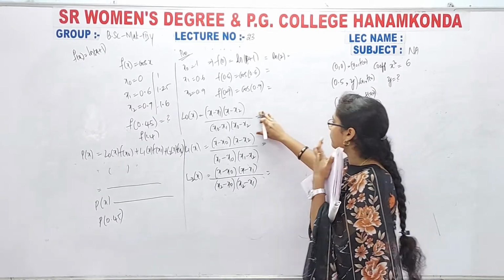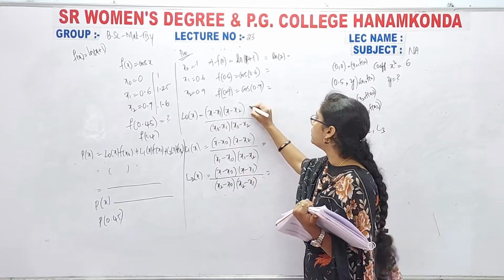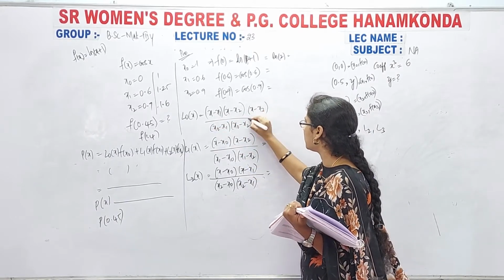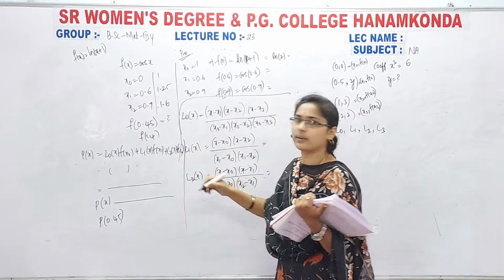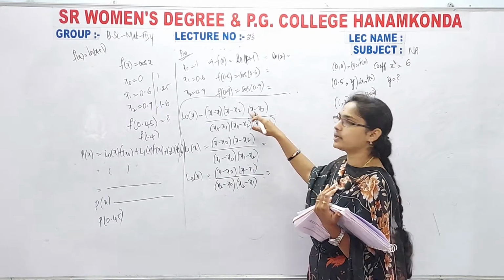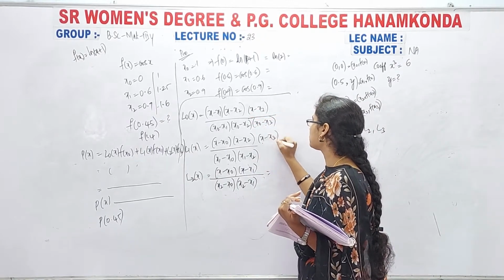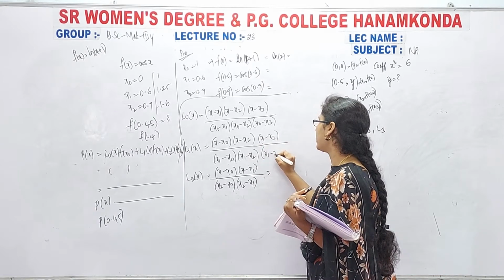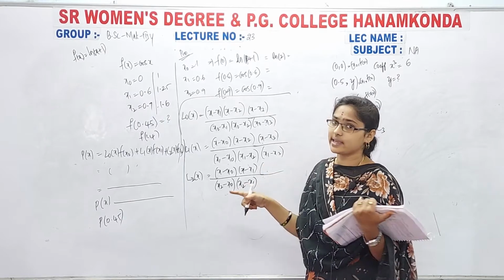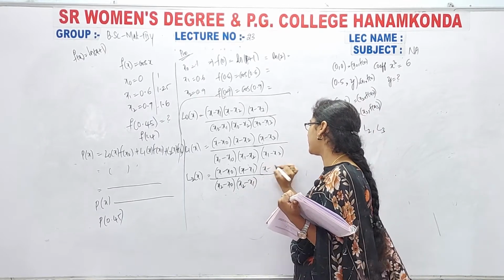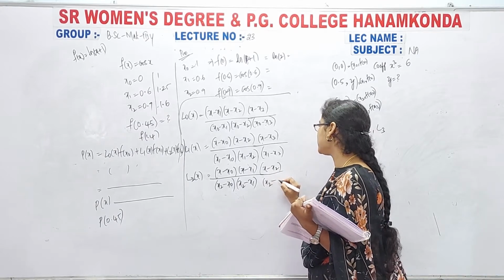Now L0 of x: since one more value has increased, here it is x minus x3 by x0 minus x3. Remember that one. As many values increase, that many terms increase. Now here x minus x3, x1 minus x3, and already I gave all these formulas. Now x minus x2 by x2 minus